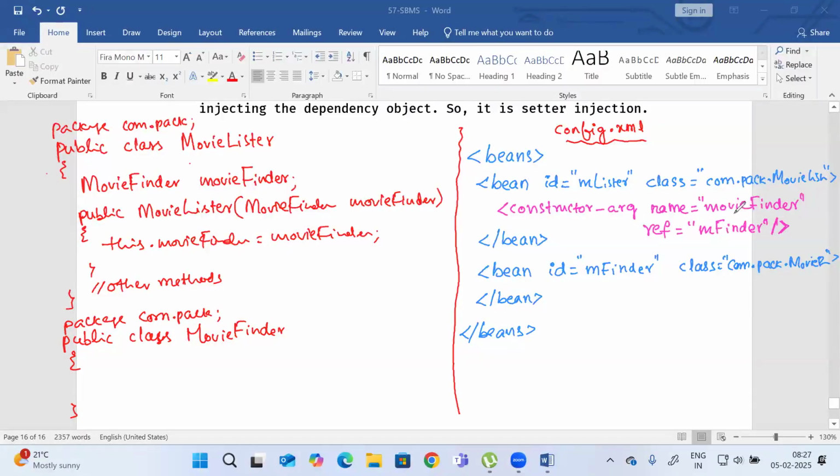Movie finder. Is it a primitive type or reference type? Reference type. So what is the attribute to use? Ref. What should be the value for the ref attribute? The ID of the dependency object. Tell me, what is the ID of the dependency object here? M finder. So ref is equal to M finder. For example, if the ID is not M finder, if the ID is movie finder,